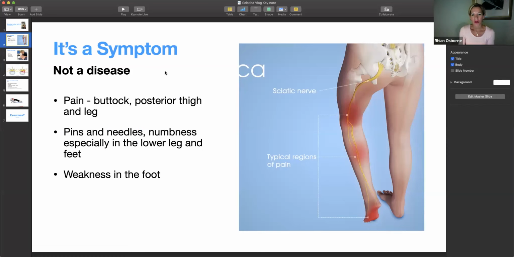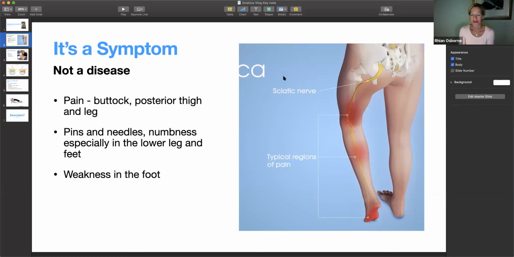So what are the symptoms? If you've had it, you'll know that it's this horrible, just unrelenting pain that just won't go away. And it keeps you awake at night, and you find that it's very hard to find a comfy position. So here we have our sciatic nerve. You get pain in your lower back where the issue probably starts. You could get pain in the buttock, back of the leg,